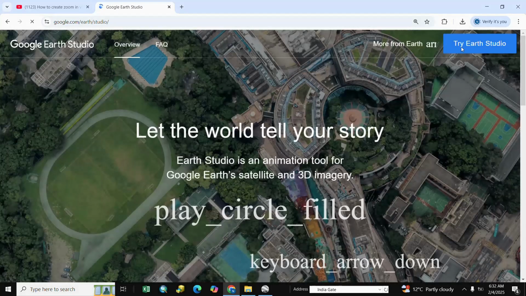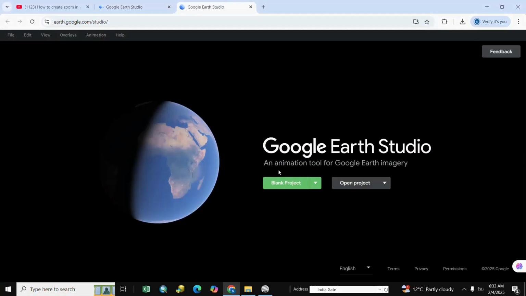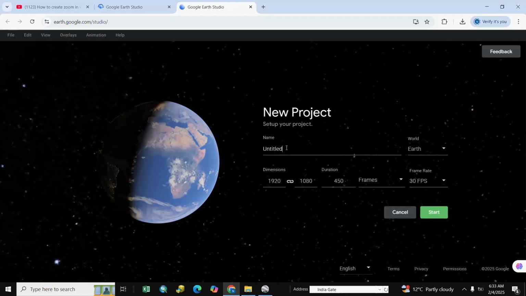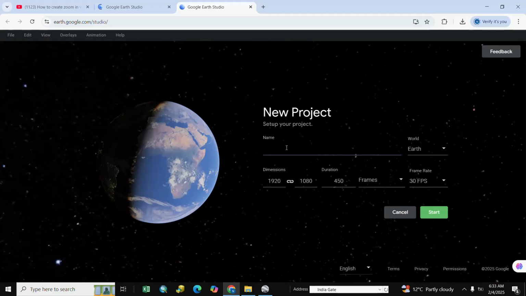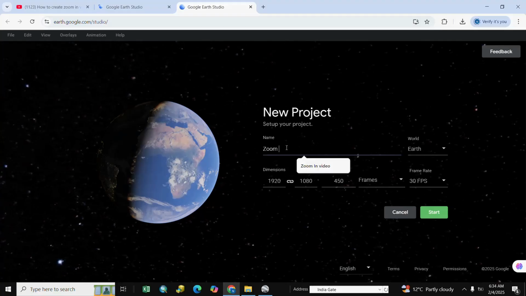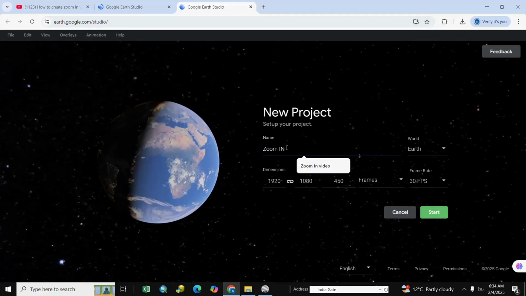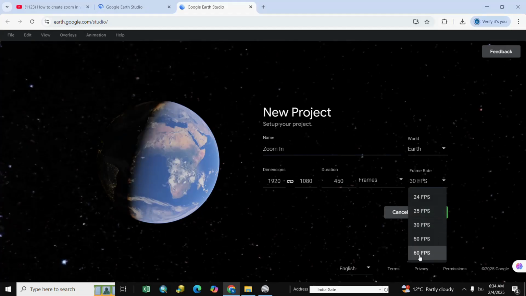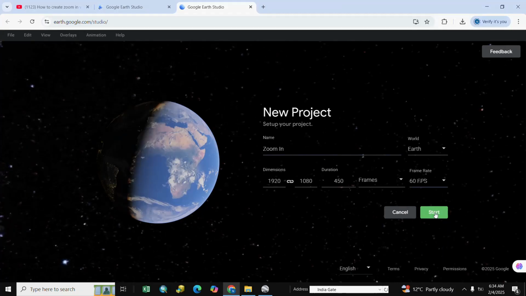We go to Try Earth Studio and go to blank project and we write a name, we write zoom in, and we select frame rate 60 fps and start.